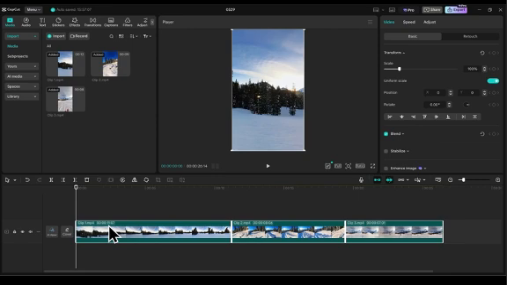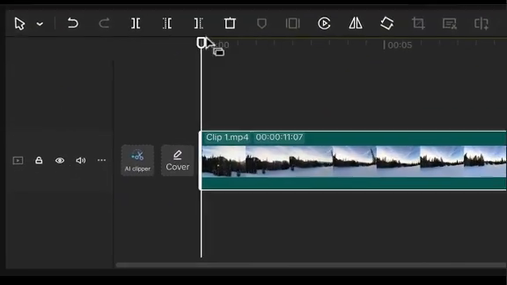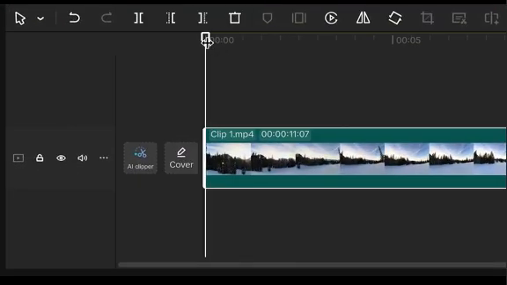Now, let's talk about trimming your clips. Looking at clip 1 here, it's currently about 11 seconds long, which is too much. So I'll use my playhead to go through my footage and find a point that I want to trim the footage down to. Your playhead is this little white marker here in your timeline, and it indicates where you are